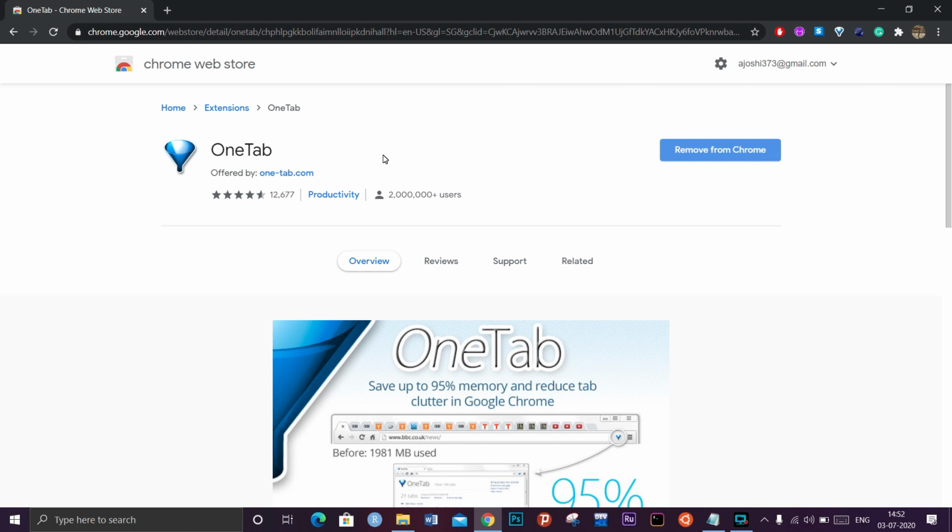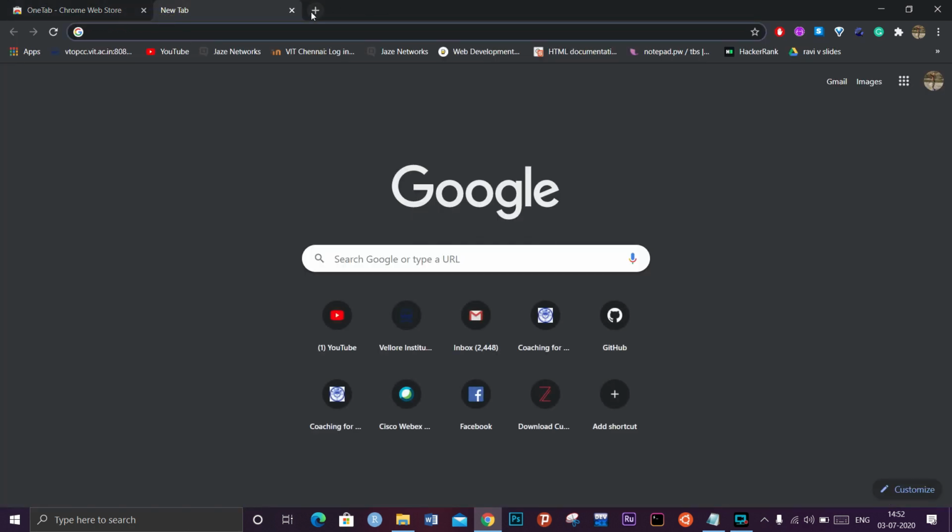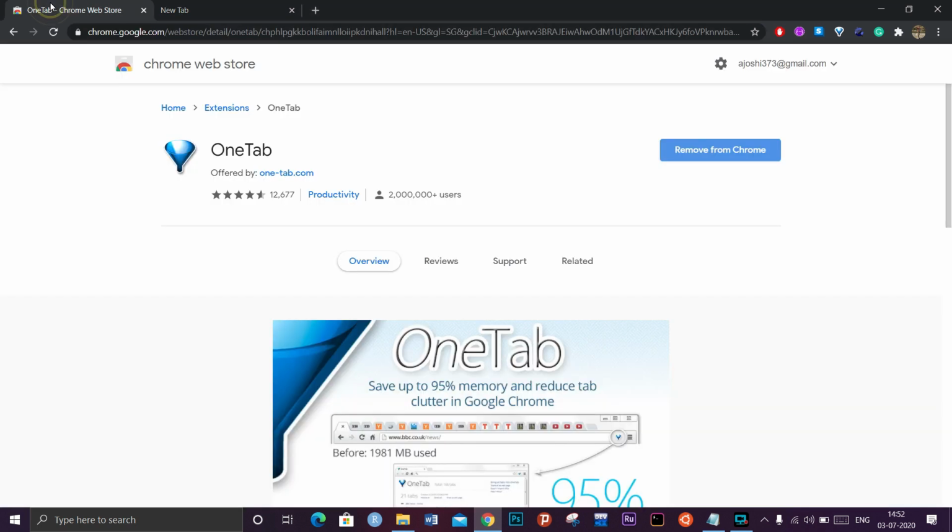The benefit is that when you use Chrome with multiple tabs, the problem is that Chrome uses a lot of RAM. Due to multiple tabs, Chrome works slowly. So what will OneTab do? OneTab will reduce all the multiple tabs into a single tab.